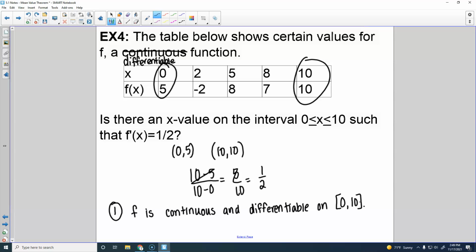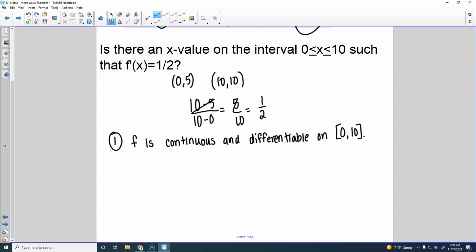All right, so you first have to show it's continuous and differentiable, because if that is false, then the mean value theorem does not apply. The second thing you definitely have to show is what the slope is between those endpoints. So I'm going to put that. Oh, it's out of order. Then we have to say